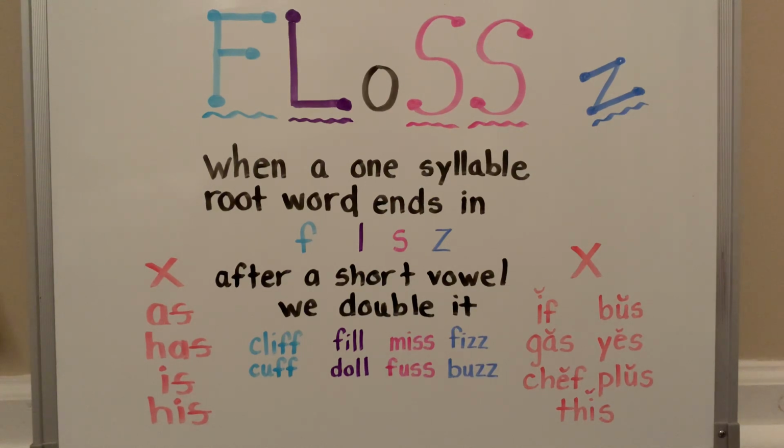So on the left side, I have four words: as, has, is, and his. Now, what do you notice about all of those words? That's right. They all end in an S, but that S is a voiced S. It is making that Z sound. So I actually went ahead and put a Z line through them to show that they are voiced S's. So if the S on the end of a word is making